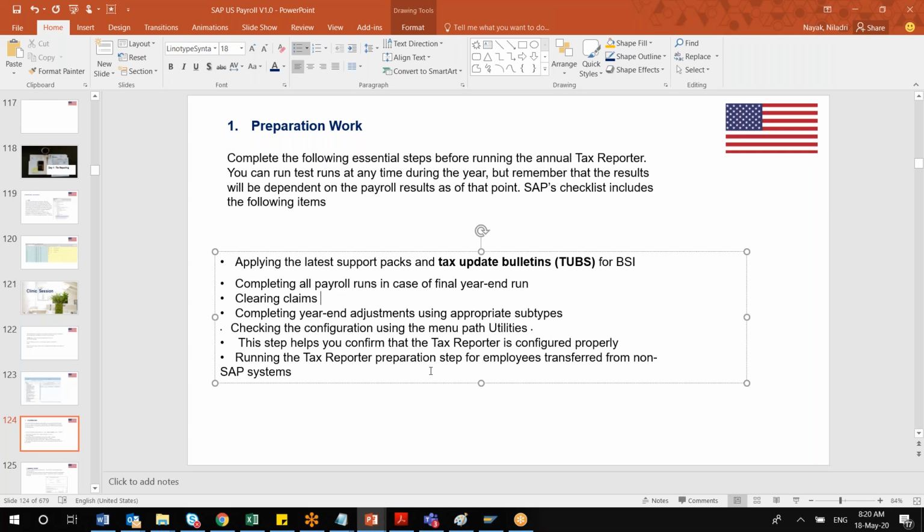In that case, 2,000 US dollars should be received from the employee. As an employer, you should claim that 2,000 from the employee, and you should clear that claim before we run the payroll. That is one simple example of a claim, but there can be multiple reasons.